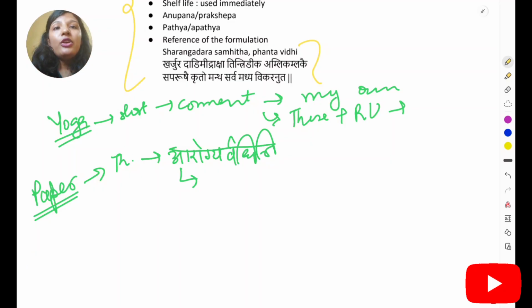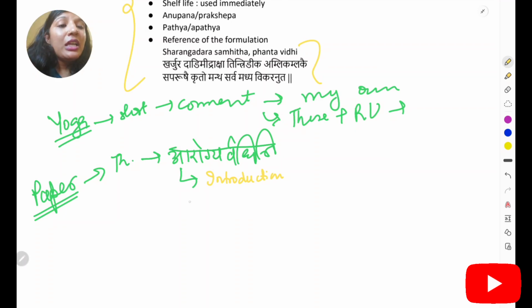So the one who is checking your paper, who is reading your paper, can get the idea that the student knows the things very well. So start with your introduction. Like Arogya Vardhani is one of the widely used medicines in Ayurveda. It is used for Kushta diseases. It is used for Jwara kind of conditions, and like that you can write the introduction, 4 or 5 lines,